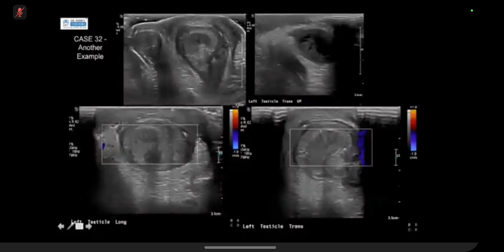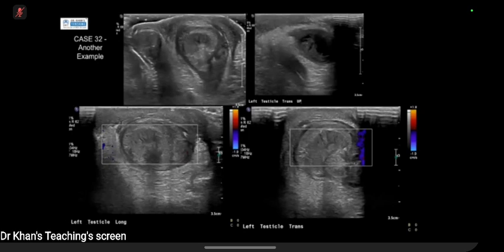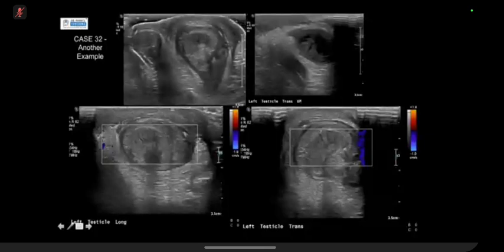So this is another example. So this is a patient that presented at 2 days. I think this was a neonate that presented. Mum noticed that the testicle on the left side was becoming swollen and edematous, and she brought him to hospital after about 48 hours because it wasn't improving. And the ultrasound can show, so this is a normal right testicle here, and then this is the left testicle. You can see that you've got a really